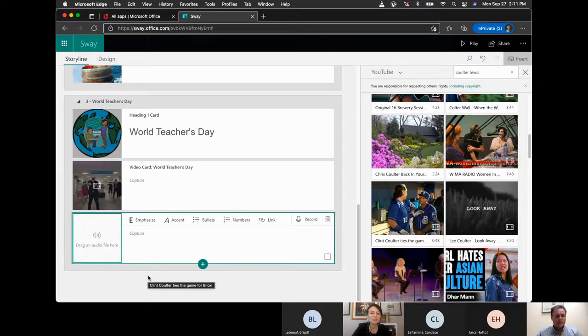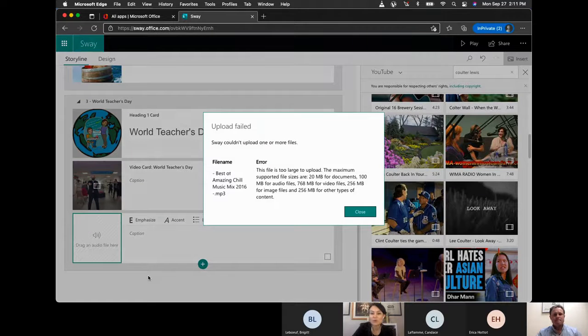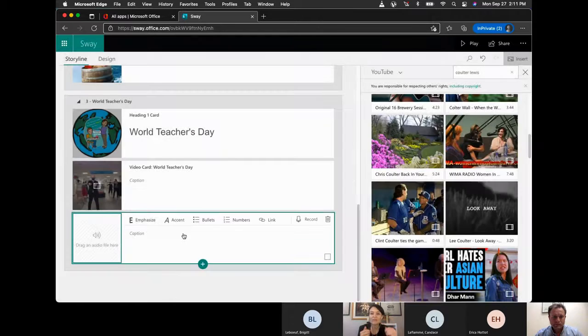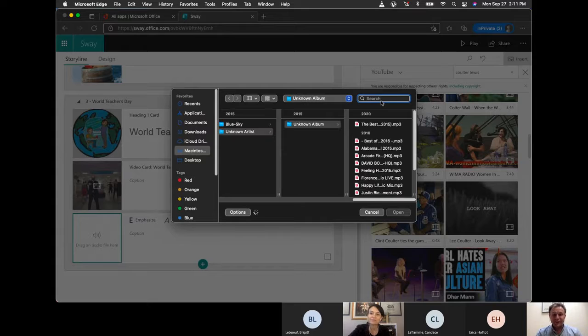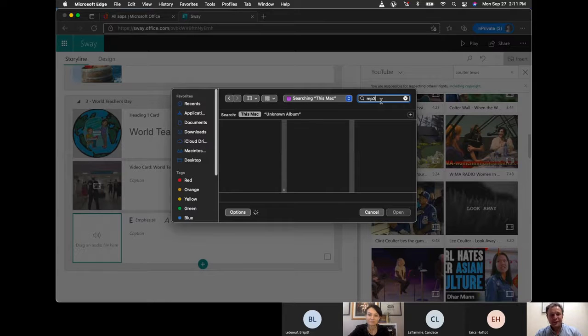Coulter's talking about file types, and if you didn't know the difference, an MP3 is an audio file, so that's going to be a file that just has the talking or the singing. An MP4 also is a movie file, so that includes some kind of visual as well. And so MP3, MP4, you probably know that, but some teachers and admin don't know that. Yep, I had to correct myself because I completely forgot that that's what it was. I was looking at MP4s today and MP3s, so there is definitely a